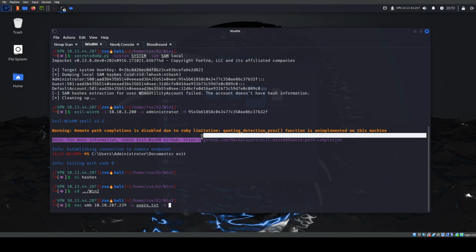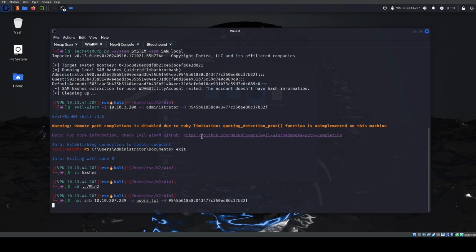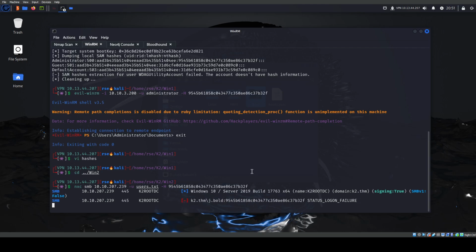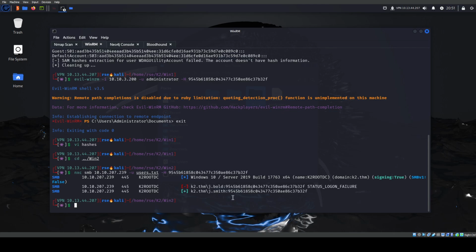Now, the only thing we really got out of that last machine was the hash. So let's try the hash, right? Typically you will collect as much as you can, and we have a match for JSmith. Try it on the next machine. So we did a pass the hash attack. That means JSmith is the administrator of the previous machine. Makes sense why he would be part of the backup operators group. And he probably has